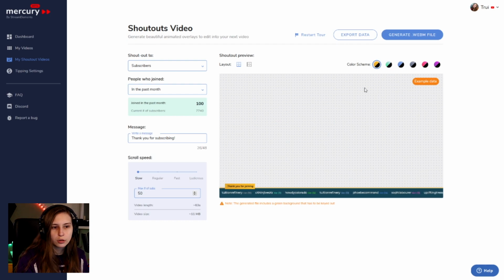You can change these colors up here as well. There are standard formats that you can choose, so you can't 100% customize things yet. I hope that they're gonna do the 100% customization soon, but at least you can choose some colors that come kind of close to your actual colors that you use.